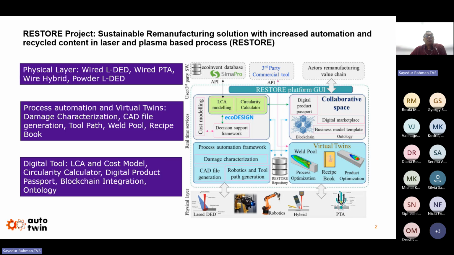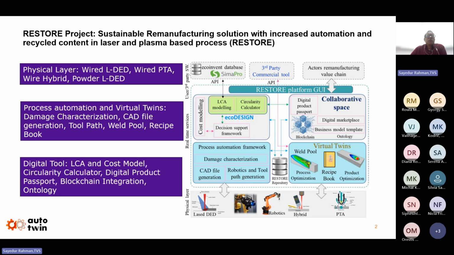We also support sustainability modeling, including LCA. LCA will use SimaPro and the Ecoinvent database, a circularity calculator to assess recyclability and reuse potential, cost modeling, and a decision support system framework to guide eco design.